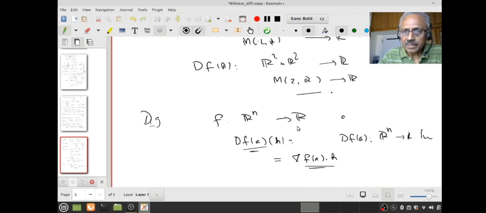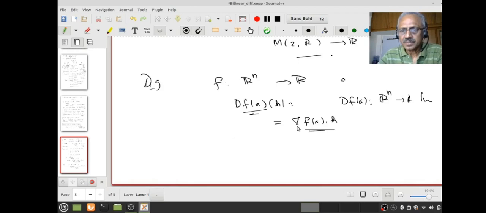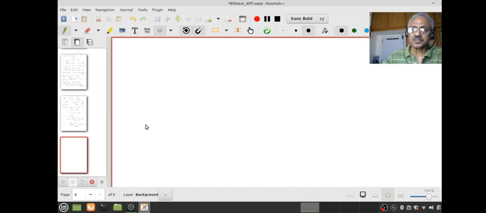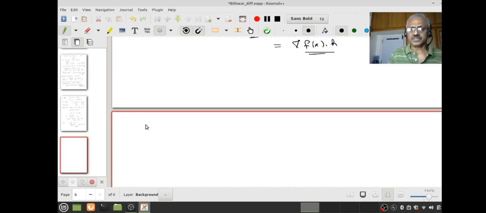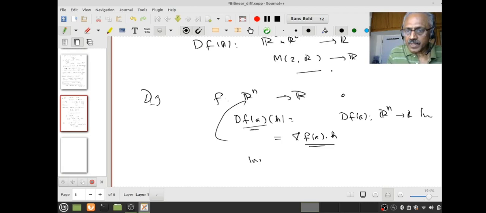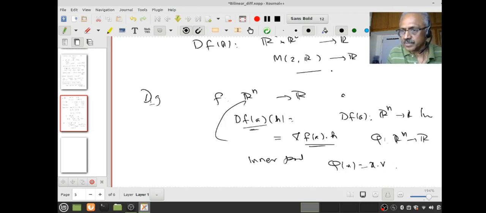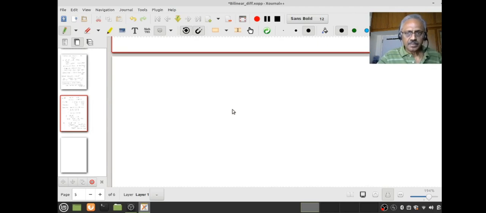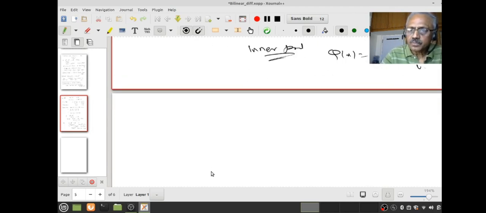But remember, how did I compute that gradient? This kind of example will make you review and revise the basic concepts very well. Otherwise you think you understood, so you just rush through. To do this, what did we do? This is a linear function just because Rn has an inner product. Therefore any linear function phi from Rn to R is of the form phi of x equal to x dot b for a unique vector b. We need an inner product to compute that. There is also another way we compute it, but I would like to put an inner product